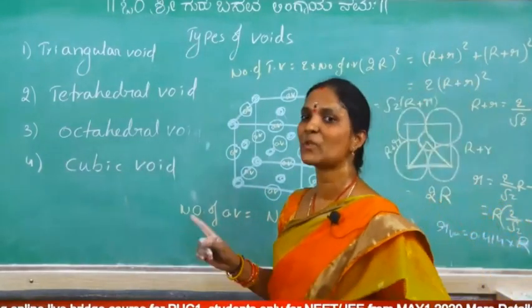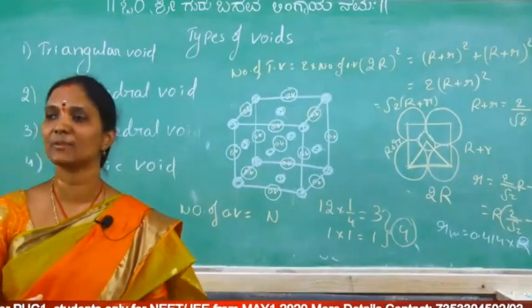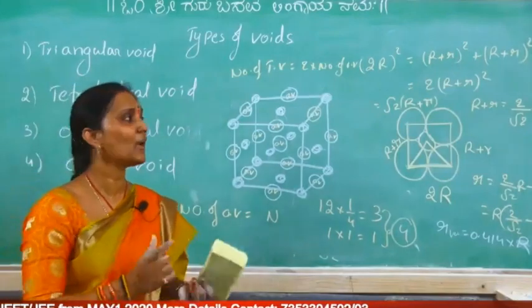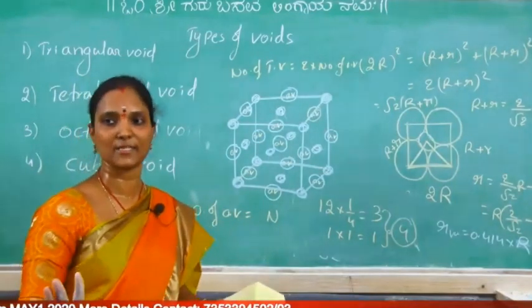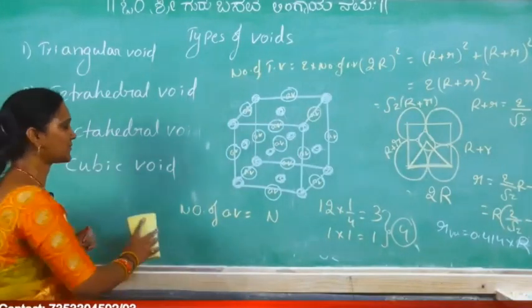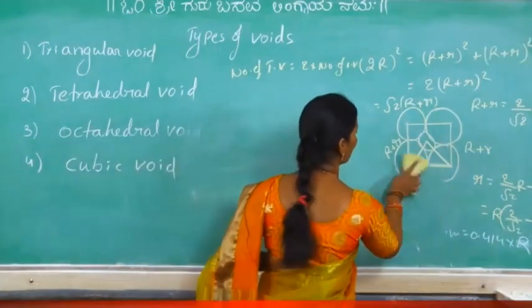Okay, this is about octahedral voids. In every void, what is the coordination number? What is the formula to find the radius of the void, how to find the number of voids, and what is the position of voids. That's it. So the next one is the cubic void. Is it clear? This is not common in close packings anyhow.